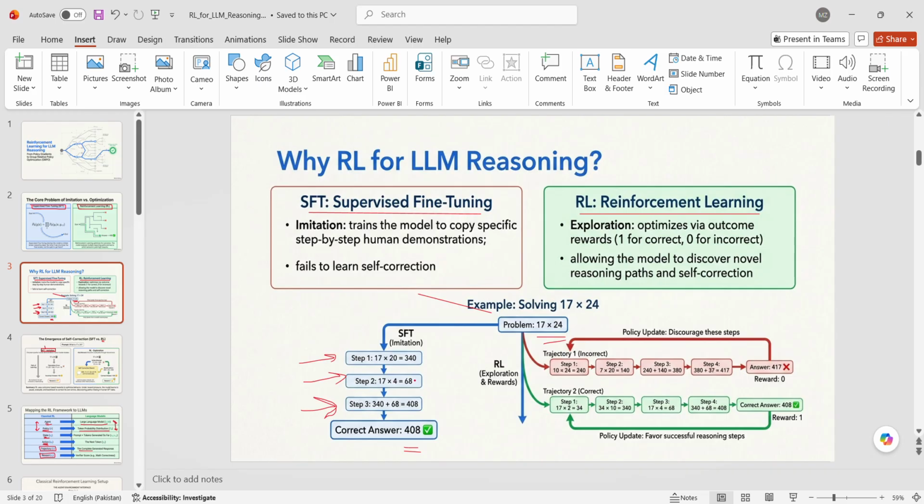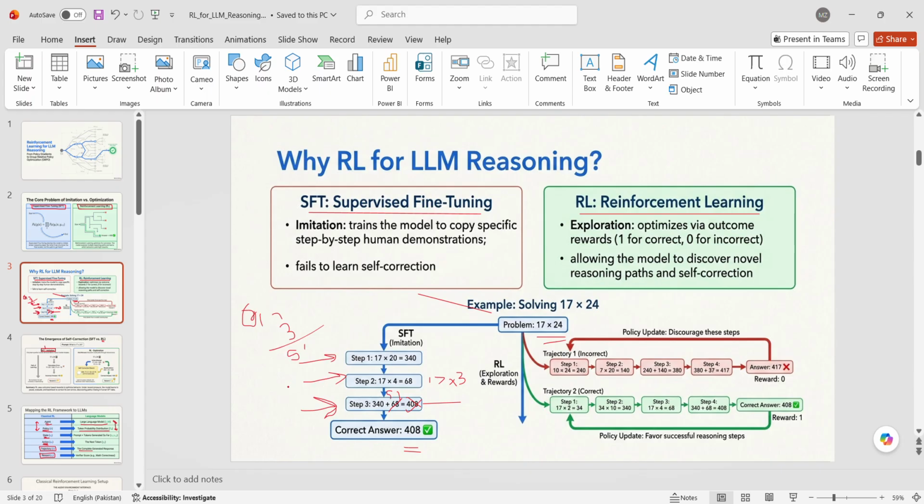If by mistake it did 17 into 3 instead of 17 into 4, instead of realizing that it made a mistake and correcting it, the agent is going to continue in this step by step manner. Instead of using 68, it is going to do 17 into 3: 3 ones are 3, and 17 into 3 is 51. Instead of using 68, it is going to use 51 here, and it is going to get the wrong value, and it is confidently going to say that this is the correct answer to this problem